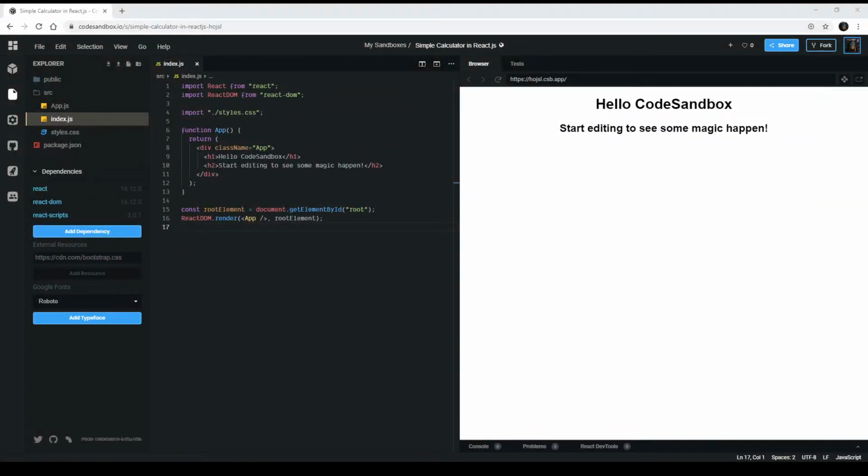Hello YouTube, today we're gonna make a calculator in React. For this tutorial we're gonna use Code Sandbox, but if you want you can use a text editor and install React with npm, or choose one of the options to install React locally. I chose Code Sandbox because it's a bit easier to record this video also, and you can have